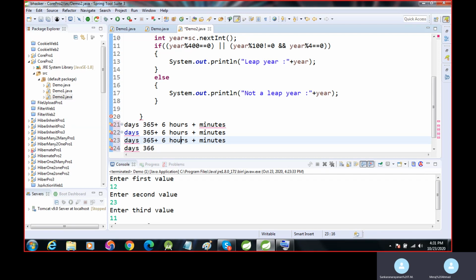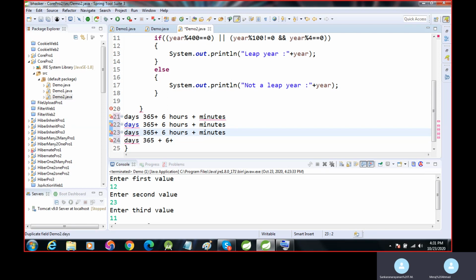The 6 hours per year add up to 24, meaning 1 day added. Minutes are also remaining because we are using only hours, not minutes.